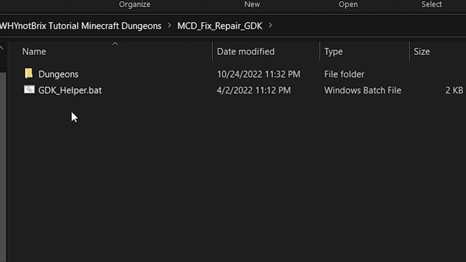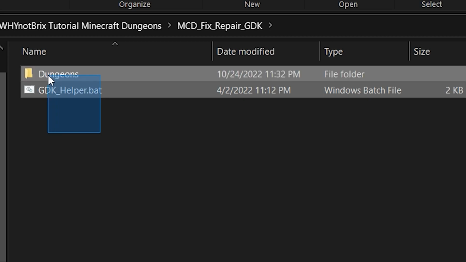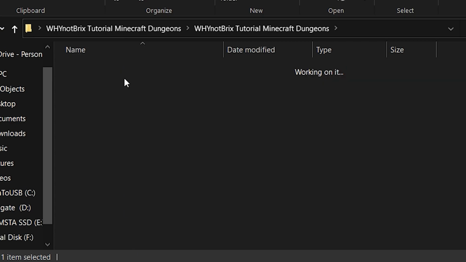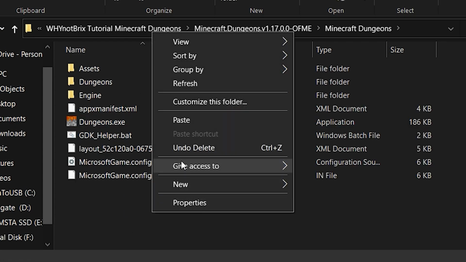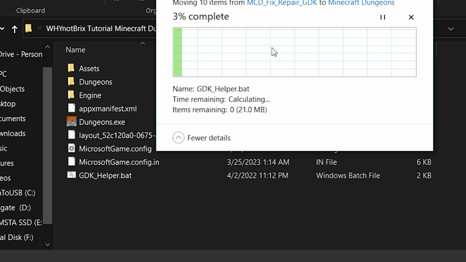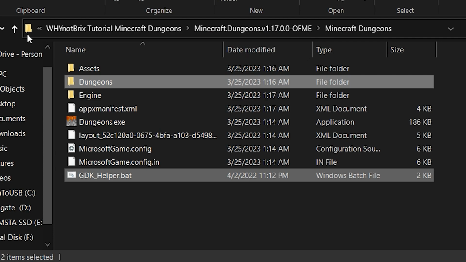Open this first, mcd fix repair, and then cut this, and then move to the Minecraft Dungeons folder, and then paste, and then replace the files, and done.